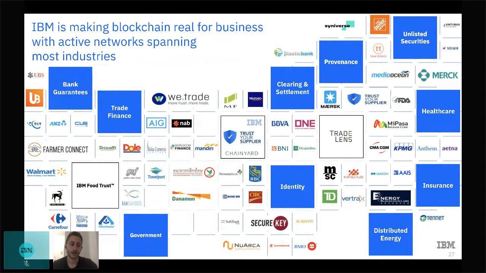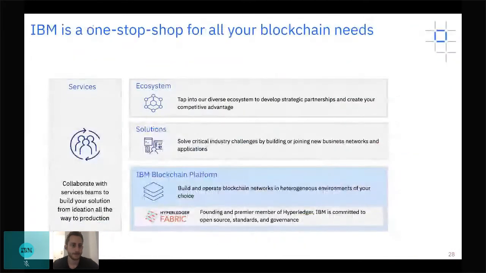It tracks your coffee beans and provides a transparent way to understand where those coffee beans were in the supply chain, how they got from the farmer to the store, and at the end of the day, into your cup. So those are just a few interesting use cases. There are many, many more, as you guys can all see here. So if anyone has any questions on those and some of the work IBM is doing, you're always free to drop a question in the chat, and I'll do my best to answer those.